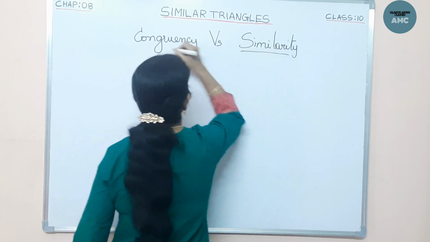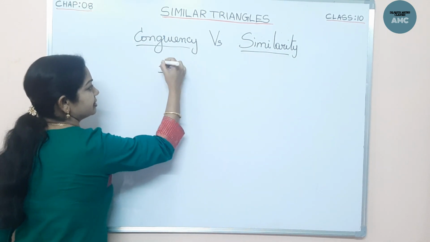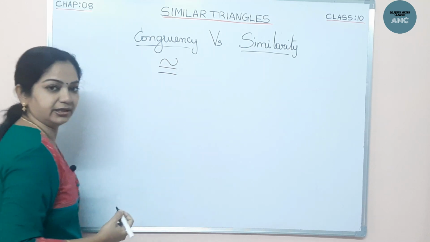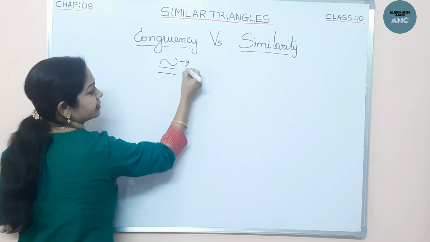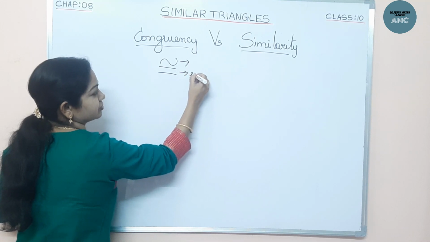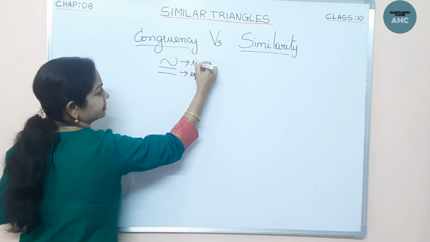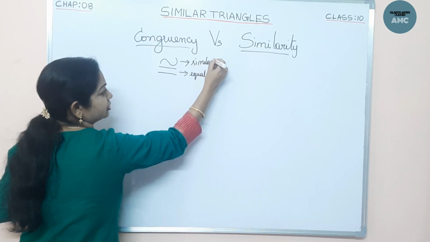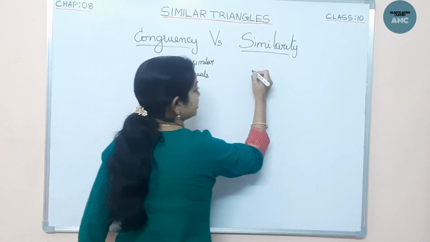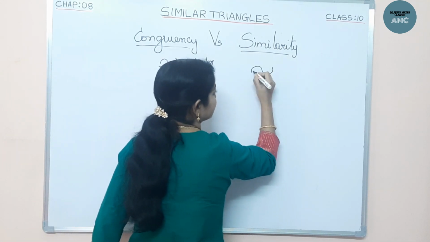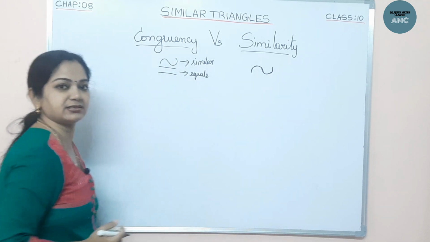Now we also know the symbol for congruency is this one. Here in the symbol, if you see, this is the similarity symbol and this is equals to. So the complete thing is congruency, right? Whereas similar means just an inverted S, a curly S. This means two are similar.